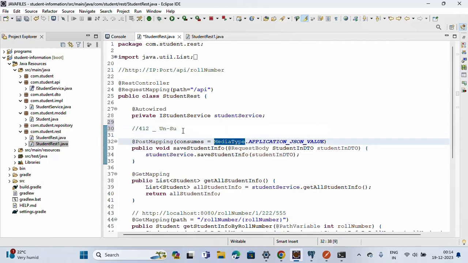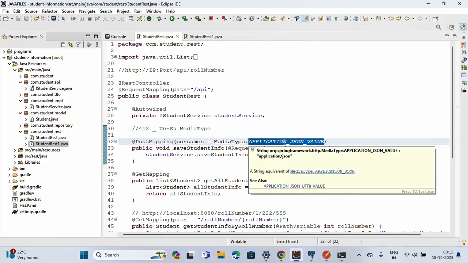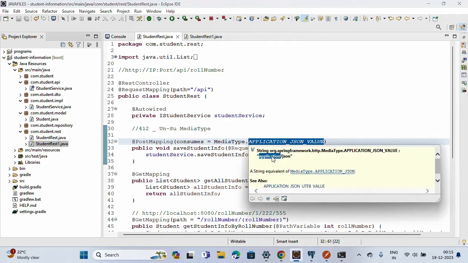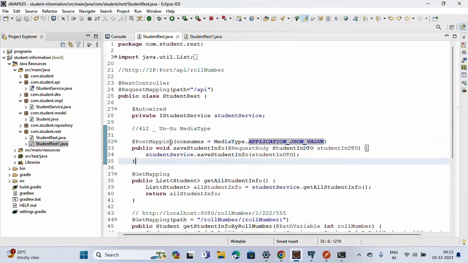That means we are expecting the data in the form of JSON, but you are providing the data in a different form. That's why it shows the error, unsupported media type. Okay, application JSON value, so this is the way to mention